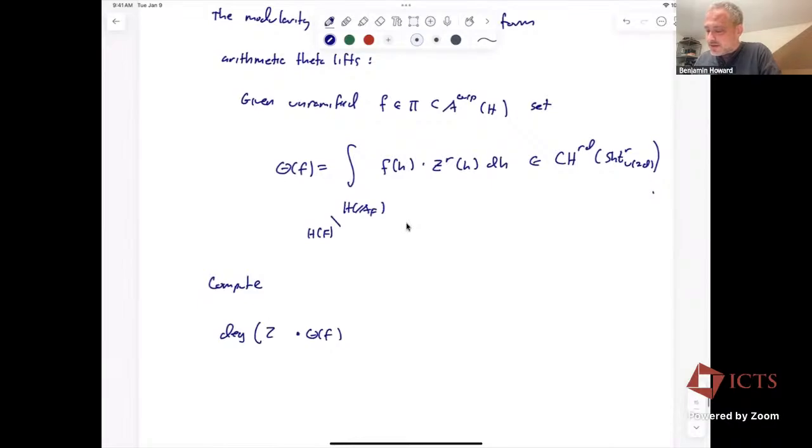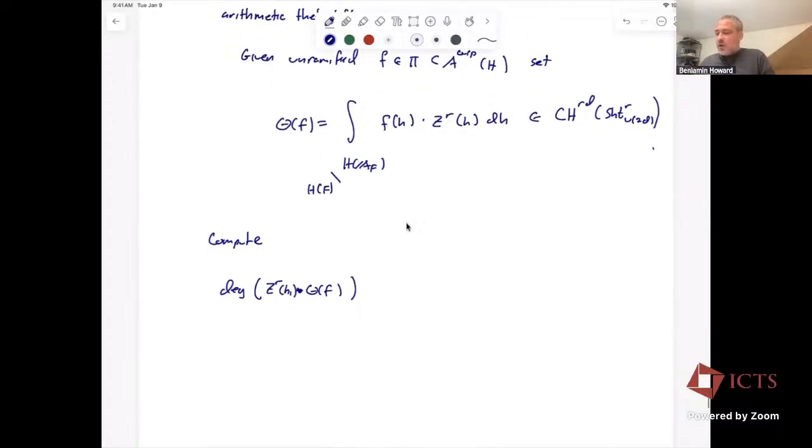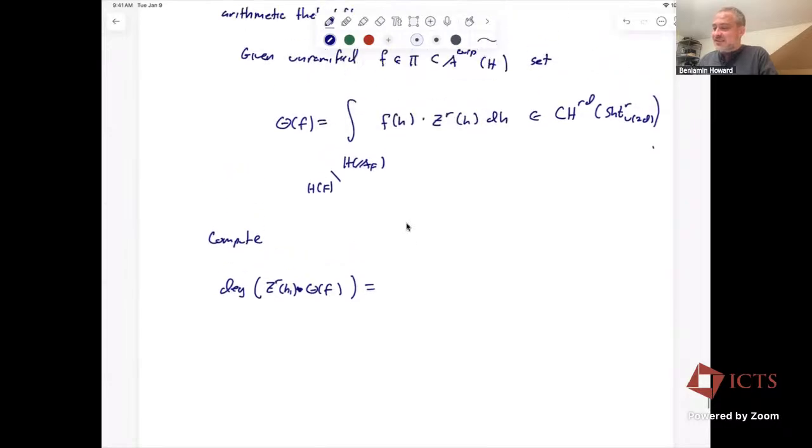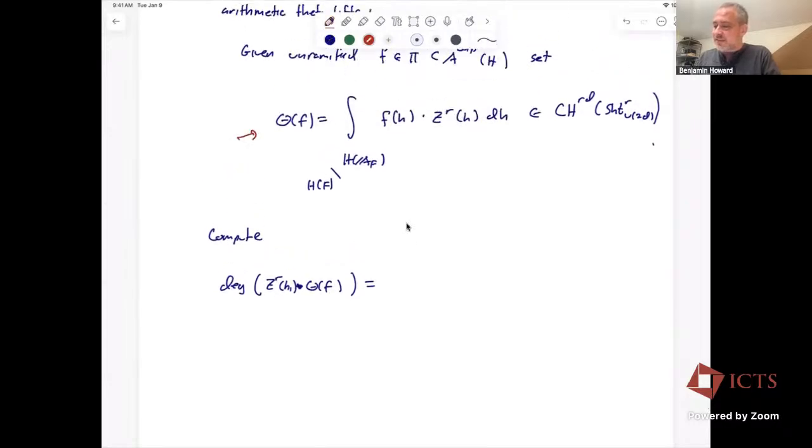So intersect it against Z_R in some variable H1 to get a number. What number do you get? Well, if you just insert this definition of the arithmetic theta lift, you get